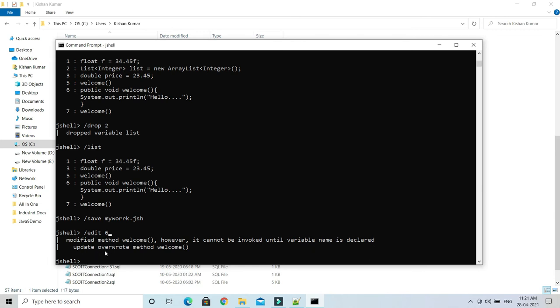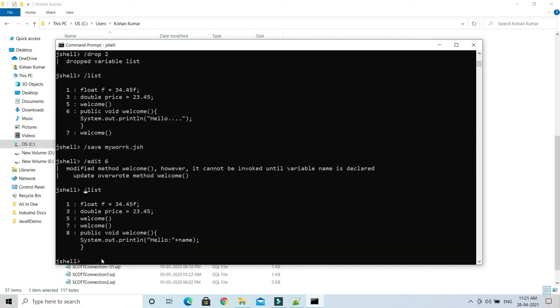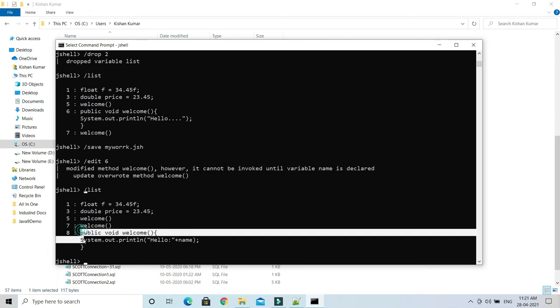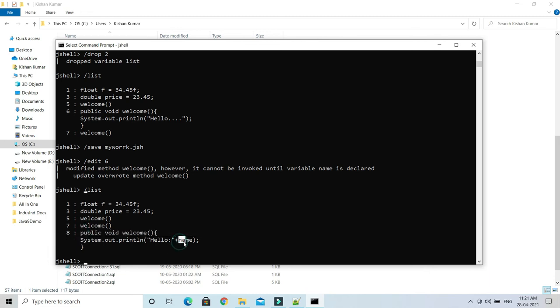Update overrode method welcome. So what it is saying is, hey, you have updated this method. So let me list it out over here. It says you have updated this method, and now you are trying to print the name by concatenating name with hello, but the name variable is not defined yet.